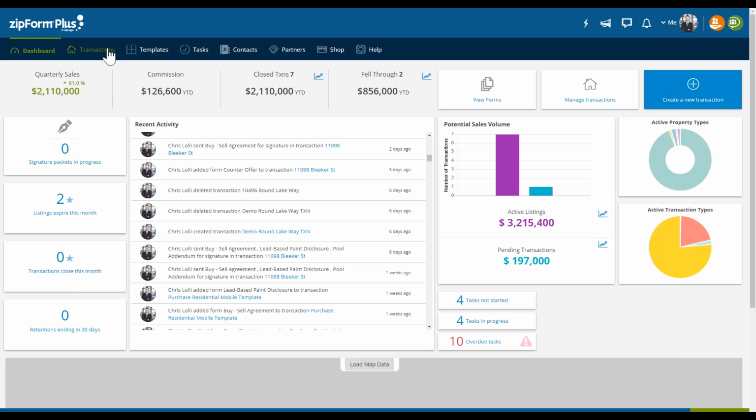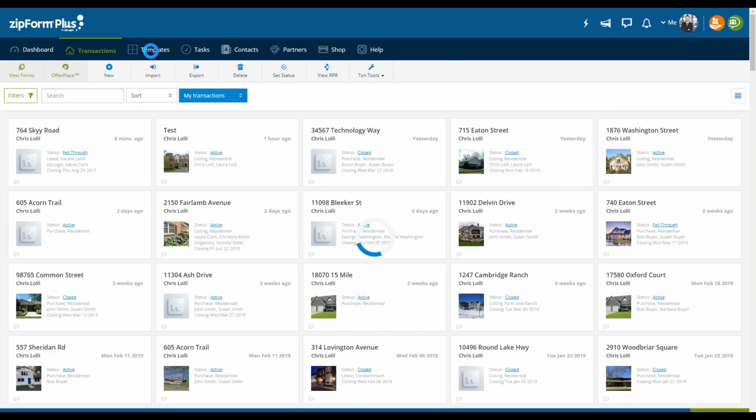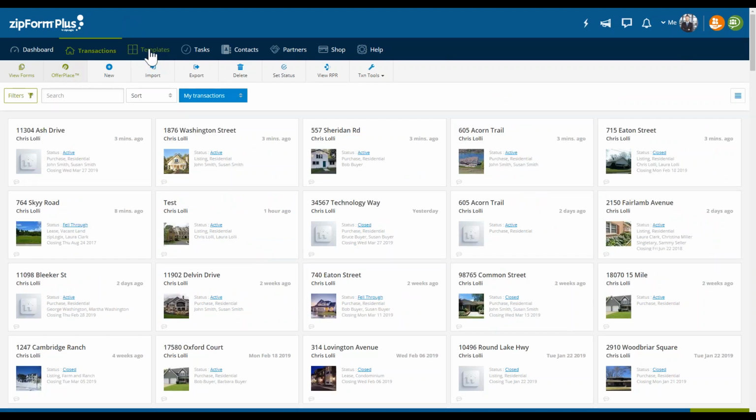So we talked about transactions really quickly earlier, and then we're going to jump to templates next. Okay, but just to give everyone an idea of what a transaction is, if you're a little bit newer to the system, a transaction is a collection or a combination of files, documents, whether they're internal or external. I'll show you the difference between the two a little bit later on, because when we get to dive into the DocuSign integration, you're going to see the major difference between uploaded PDFs and internal PDFs.